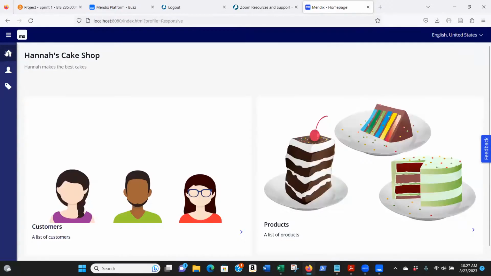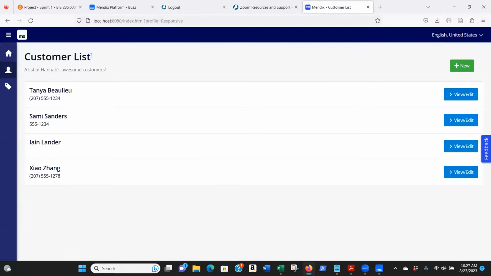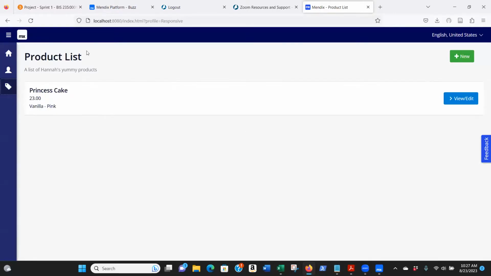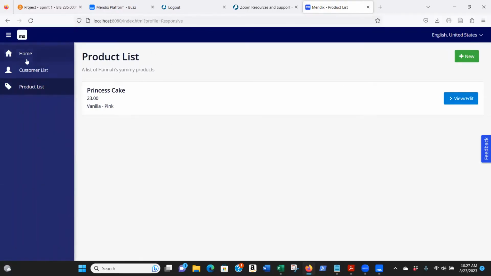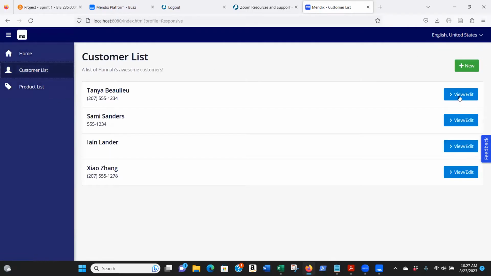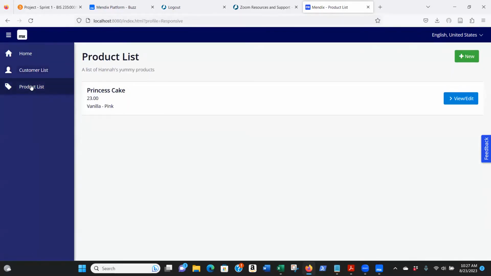All right. I can use my navigation: home gets me to my home page, customer list gets me to the customer list page, and product list gets me to the product list page. And I can see I have some consistency here. I have consistency between my buttons on the customer list and my product list. They're the same color, they use the same words, they use the same icons. That helps users when they're using a system if you have that consistency. So go ahead and take some time now and add the rest of Hannah's products out to your